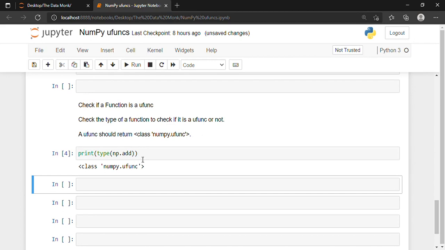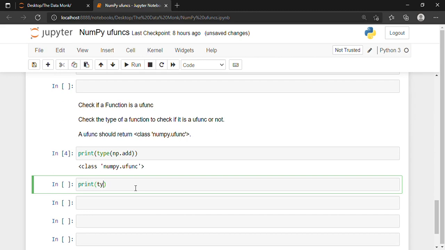And if it were something else, not a universal function, for example np.concatenate, then in that case our program would produce an error. Actually, let me check.